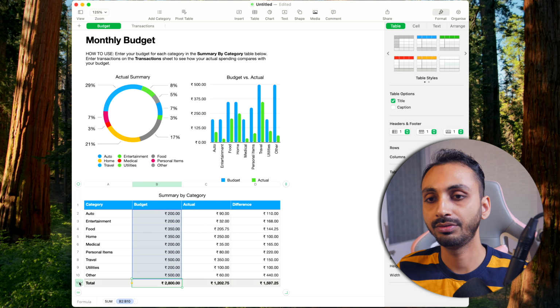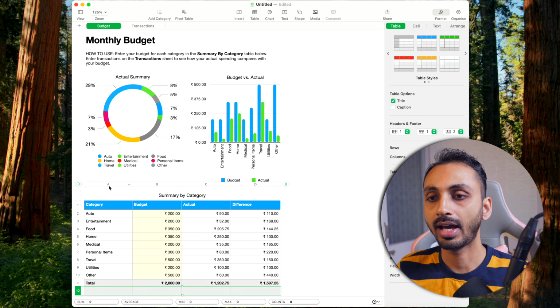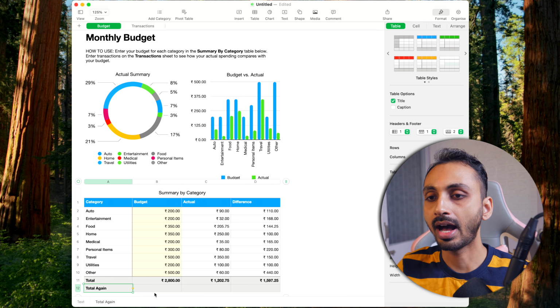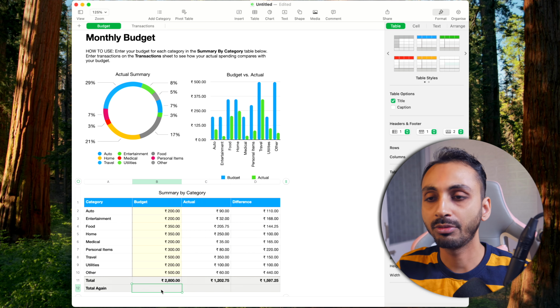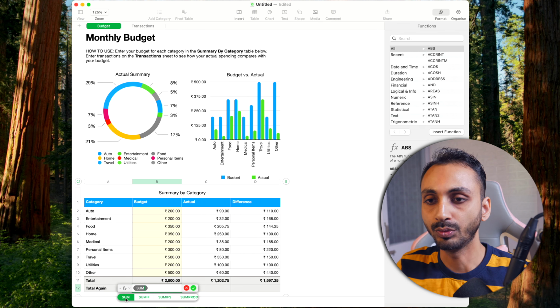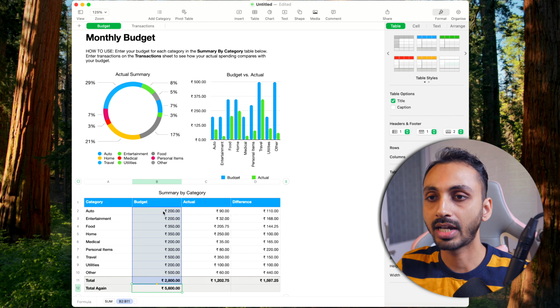Here I'm going to add another footer below, and I'll add something like total again, and here I'm going to enter the sum formula. For that I simply enter the equal sign, and this formula box pops up. In this box I enter SUM, select this one, and then enter the values from here to this one. Now if I press enter or click on this done check mark, you will see this will add up the entire thing from here to here, all these values vertically. So this is how you add the sum formula vertically.